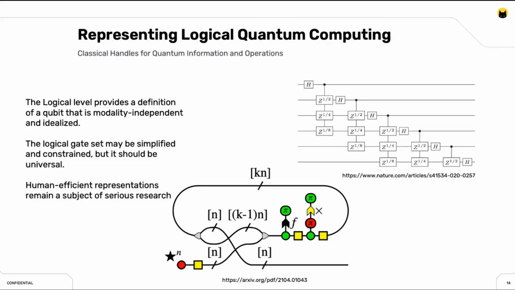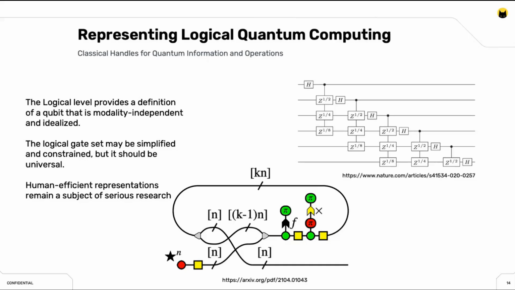And then at the next level, we're at the logical level. This is what we're talking about: logical qubits, logical operations. Here, I personally think that we're really interested in formalisms. I think we're really interested in being able to do proofs. I think this is the level at which we want to be able to set limits in terms of resource allocations, minima and maxima, things like this. So we're talking about idealized qubits, and idealized operations,